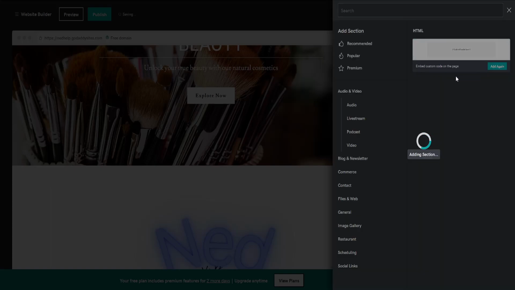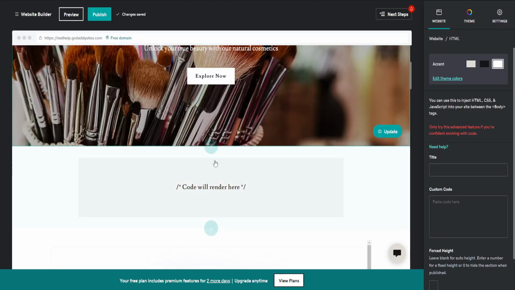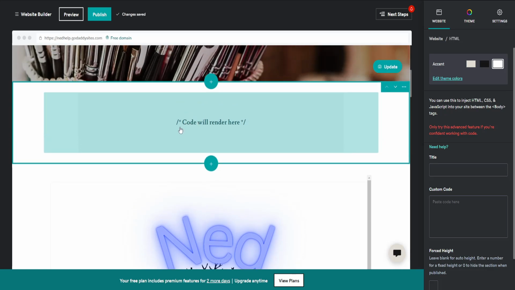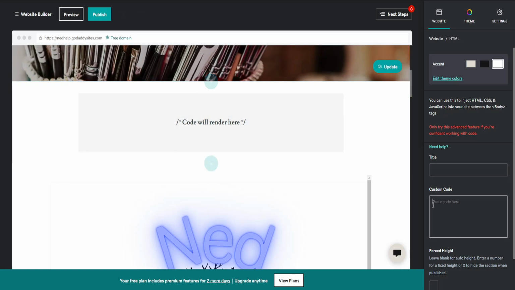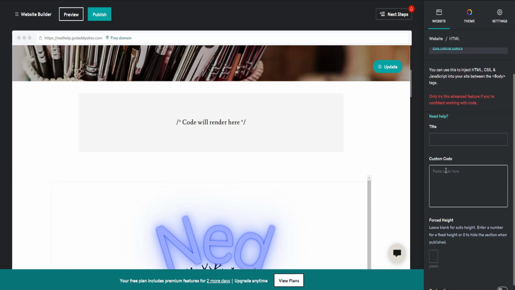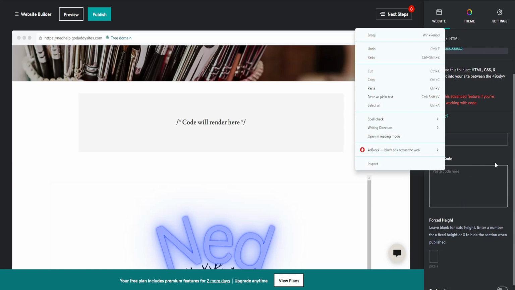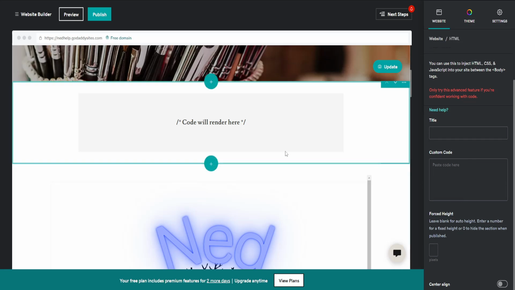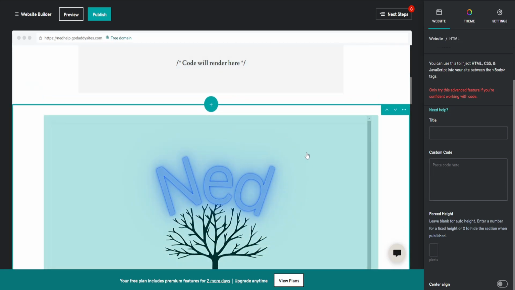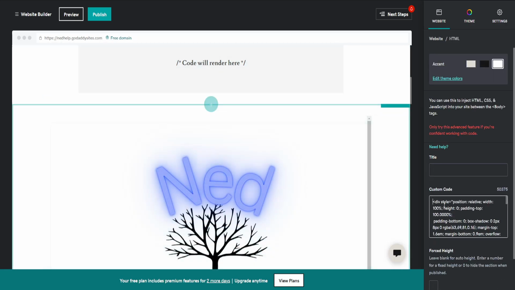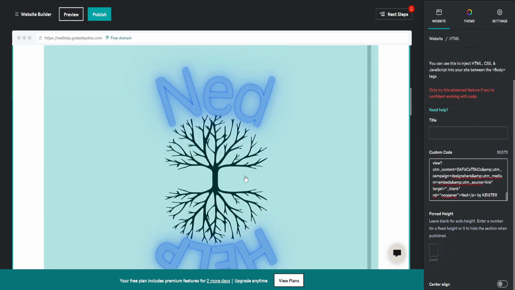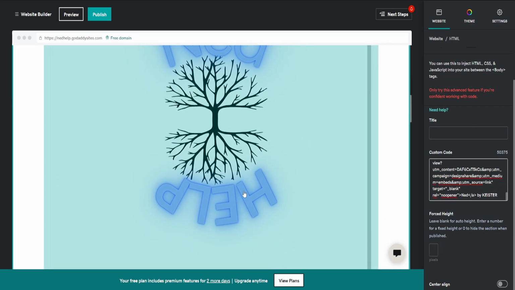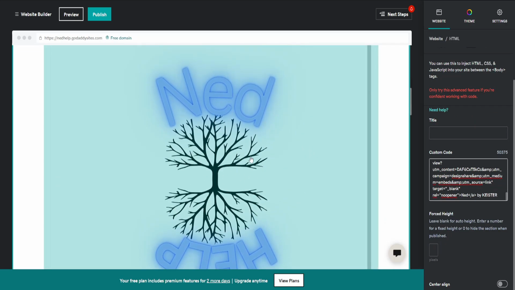If we add this, add again here, it's going to show us a section. So code will render here. And here's where we paste our custom code on our GoDaddy website. So just copy your code, paste it right here, and it's going to automatically update. As you can see, I've added custom code from Canva here, and it has added my design. It has embedded my HTML code into